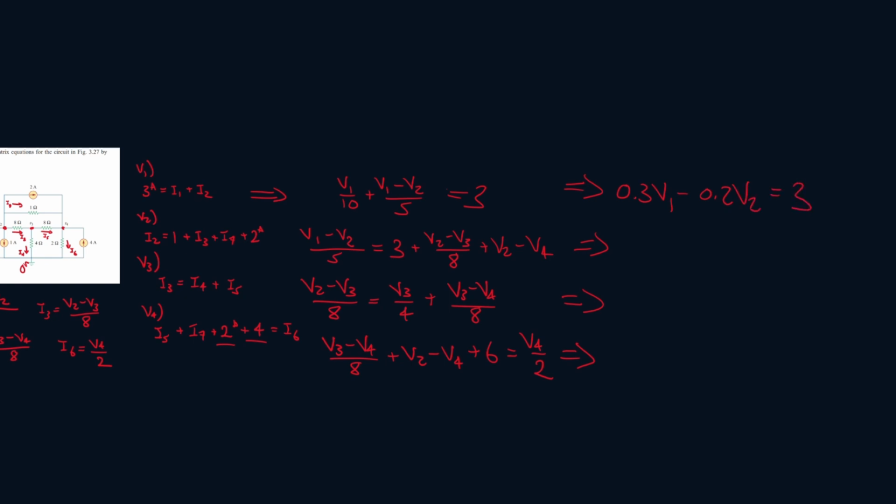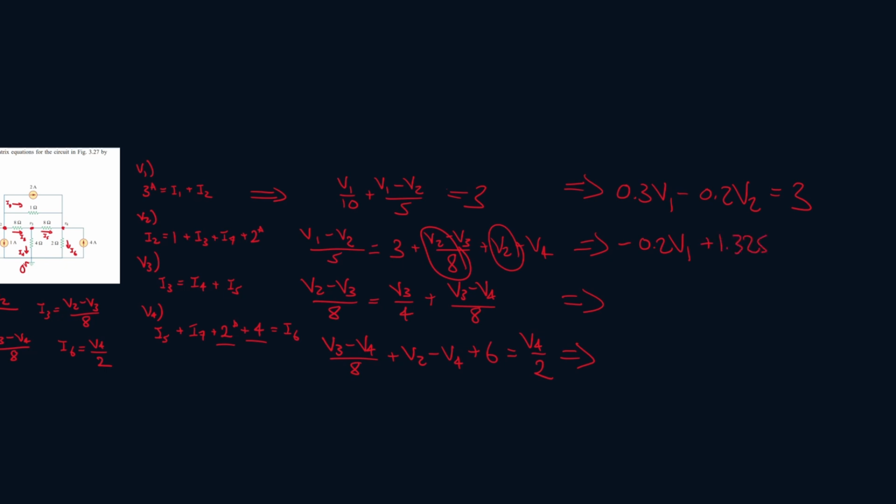The next one, let's see. Let's bring all of this to the other side. So V1 over 5, that's minus V1 over 5 because it's on the other side, which is minus 0.2 V1. Now we have minus V2 over 5, and if you bring it to the other side, it's plus V2 over 5. So plus V2 over 5 plus V2 over 8 plus V2, that's